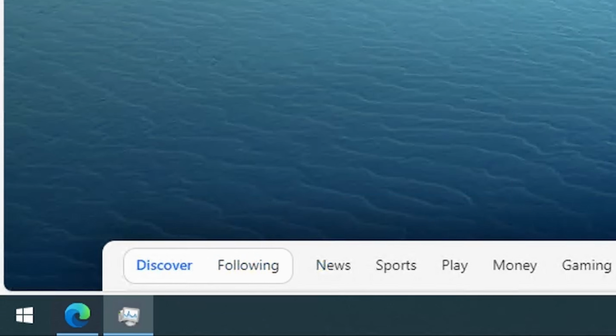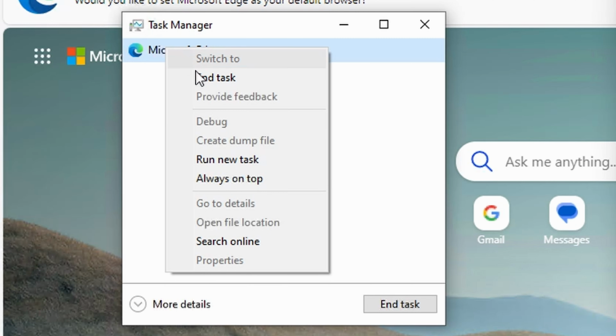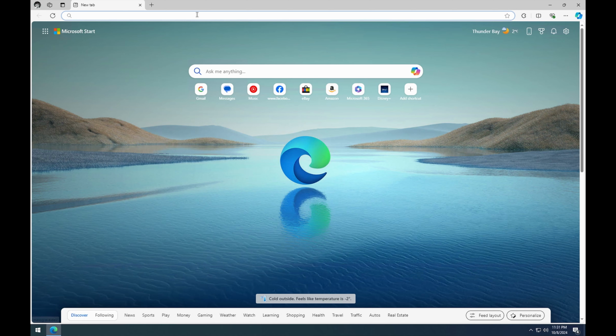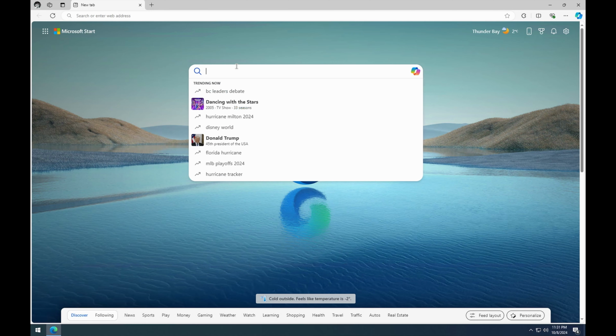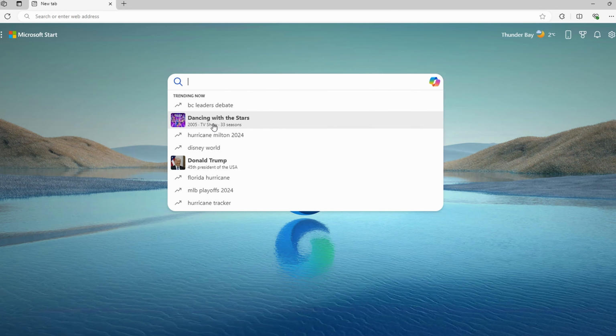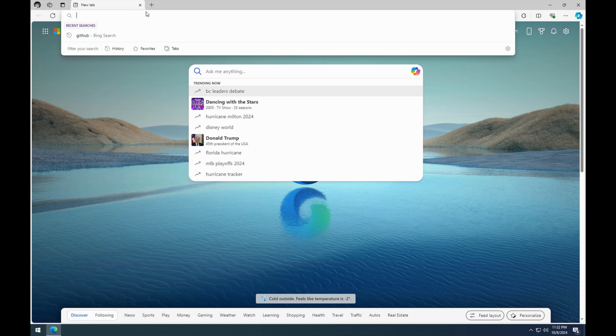Okay, task manager. This is awesome. Let's end that task. That is a great start. Great start, everybody. So we are not Dancing with the Stars. We're gonna go to